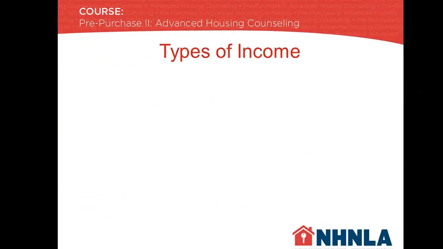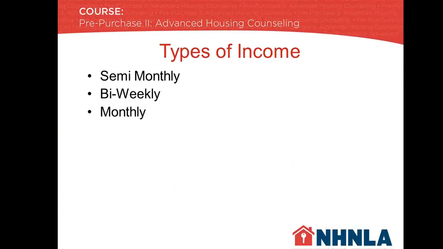On this slide, we review types of income and the ways workers get paid. You may be paid semi-monthly, meaning twice each month, or the pay may come biweekly, meaning every other week. There are workers who are paid once per month. Also, overtime will be calculated in some cases. When an employee is paid hourly, there is a more involved way to calculate income, just as there is when